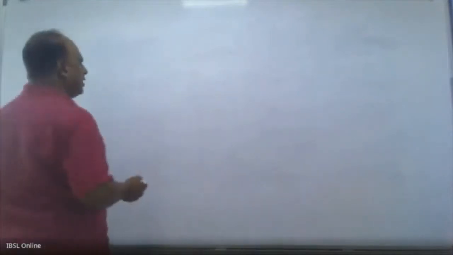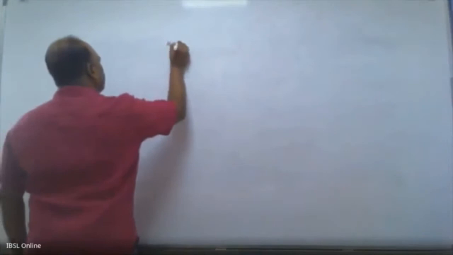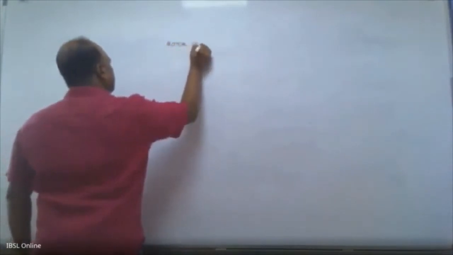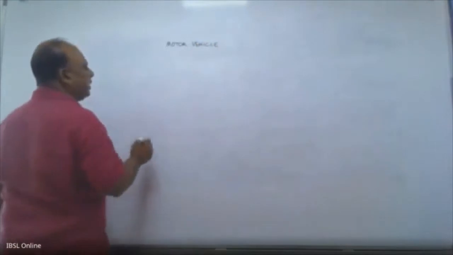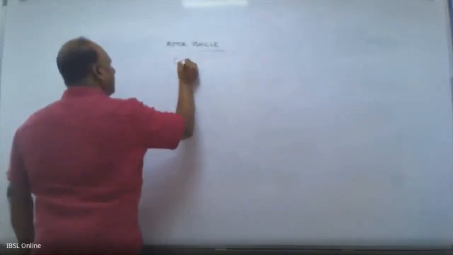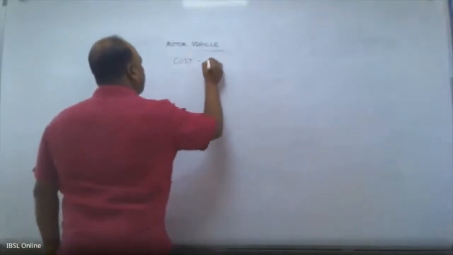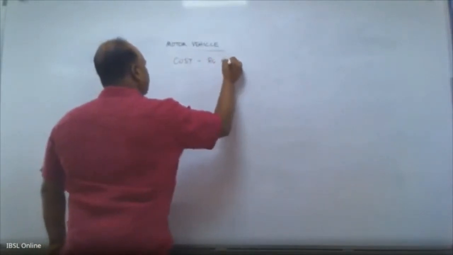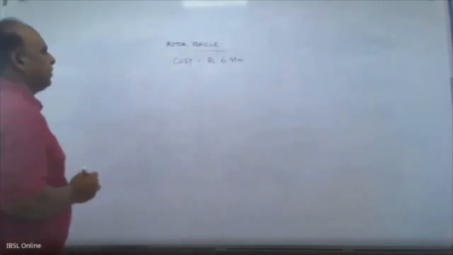Now let me take you through an example. Let's say a company has a motor vehicle. The cost of the motor vehicle is, let's say, 6 million. And this vehicle has been used for, let's say, maybe 3.5 years or maybe 4 years. So accordingly,